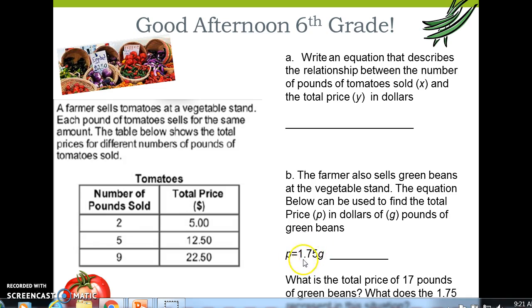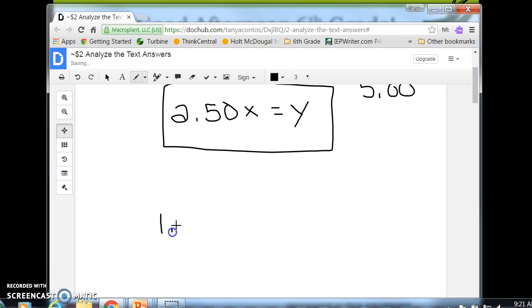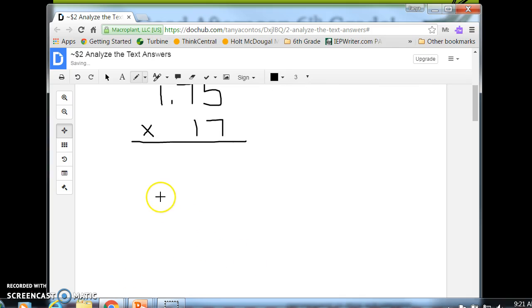And if you're wondering what this 1.75 stands for, it's the per pound cost of the green beans. So 1.75 times our 17. If you work that out, you would get